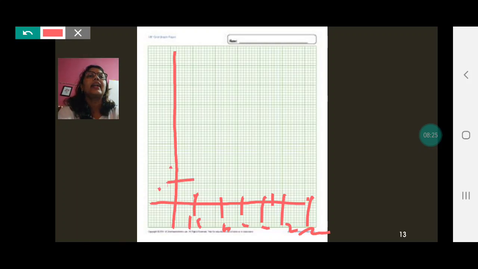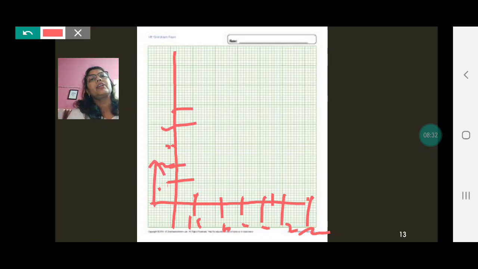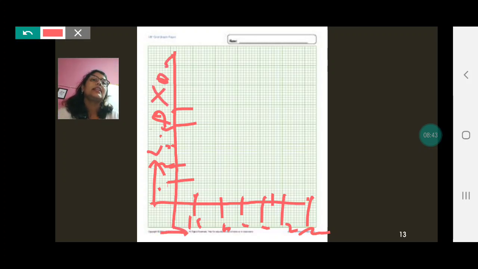Here you will write 10, 20, 30, 40, 50. Here don't forget, you are showing what you are taking on the y-axis. So here it is life expectancy in years. And here what you are taking is years, Y-E-A-R-S. So this is how you get marks for these labels. These are the labels of the x and y axes. You get marks for your scale, you get marks for your title,